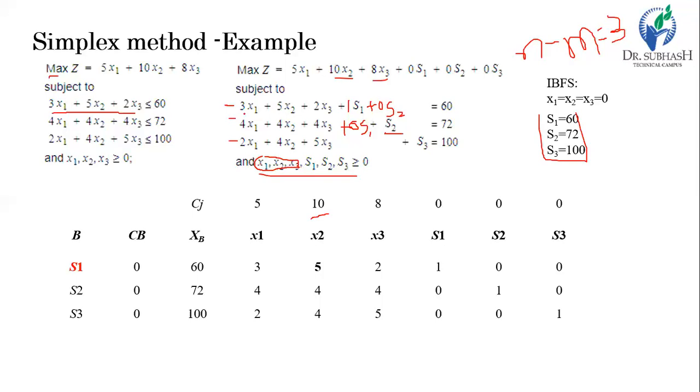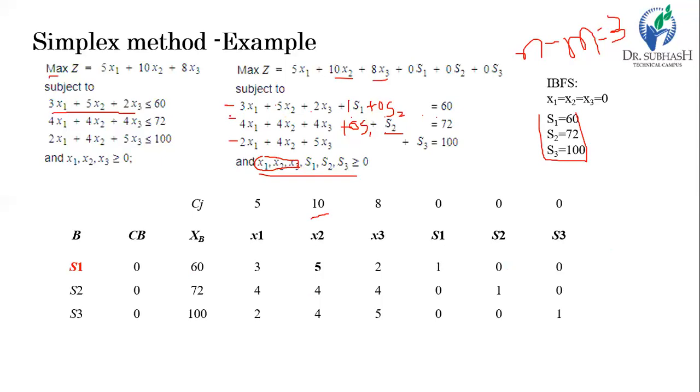In the same way, put the values of the relative coefficients into the table for each constraint. So for constraint number 1, it is 3, 5, 2, 1, 0, 0, and 60, which is the right hand side, or the value of S1, which we put here. In many books, XB is written here. It does not make any difference, but you have to be alert whether it is written on the left or right.